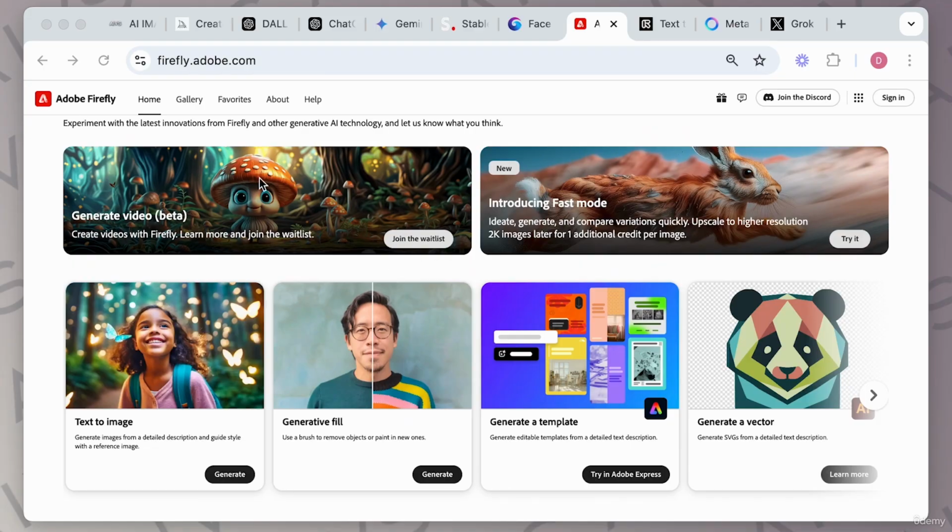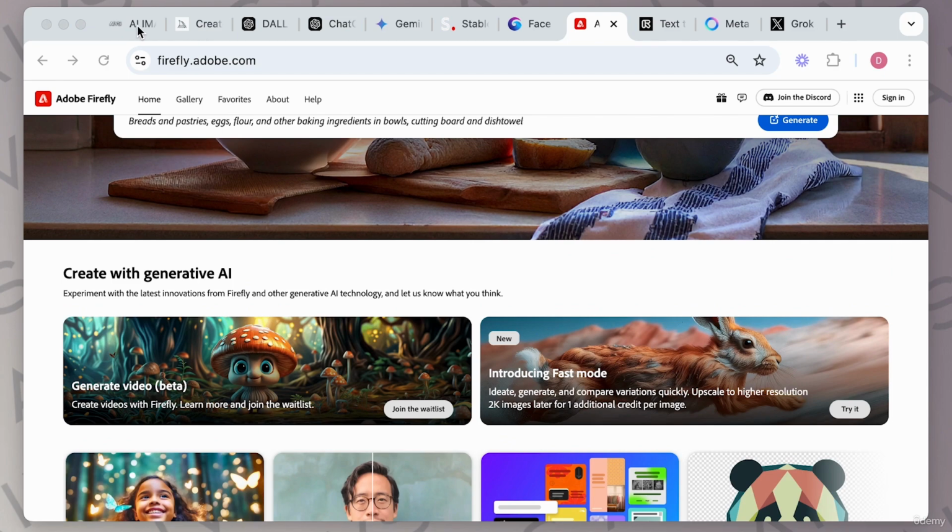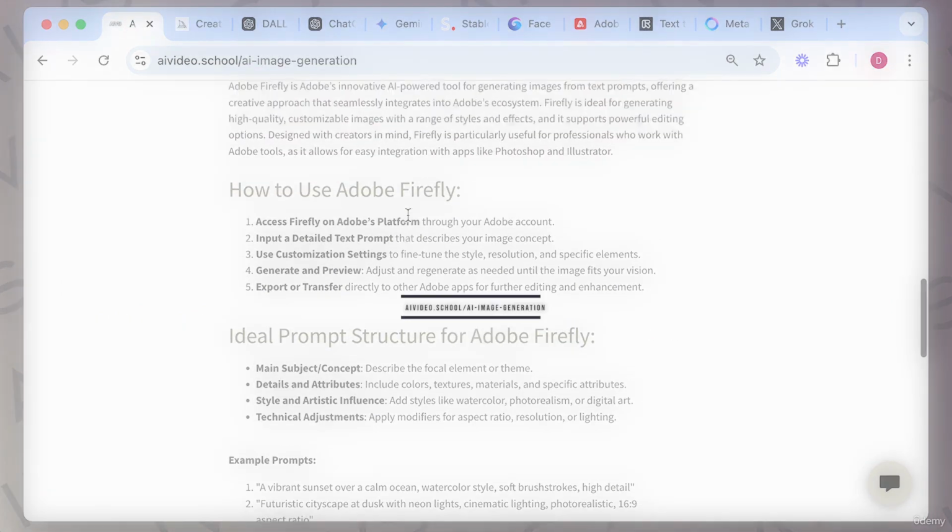I will update that and put when this is available for Firefly for video. That will be in the video section. At the time of recording, it's not available, but I will add that later. To get there, if I go back over to our page, that's AI Video School /AI image generation. If I scroll down